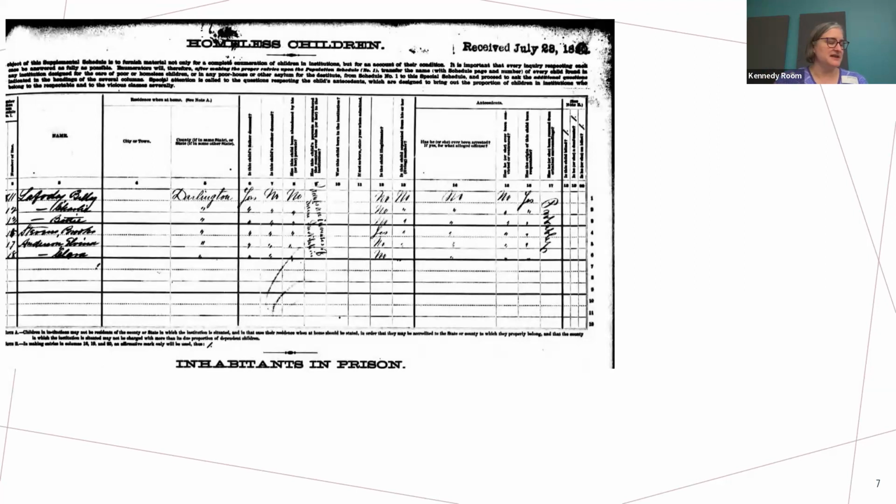So the fifth schedule is homeless children. Arrest records of children in orphanages, and they wanted to determine those from respectable as opposed to vicious backgrounds. So there's a list. So if your ancestor was an